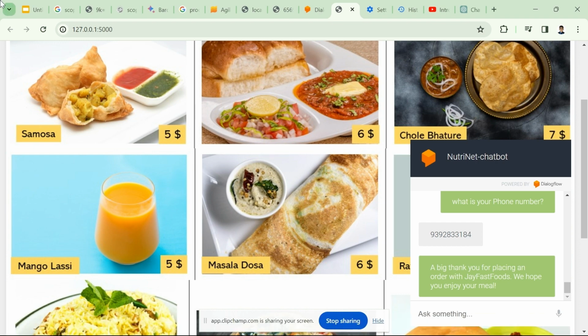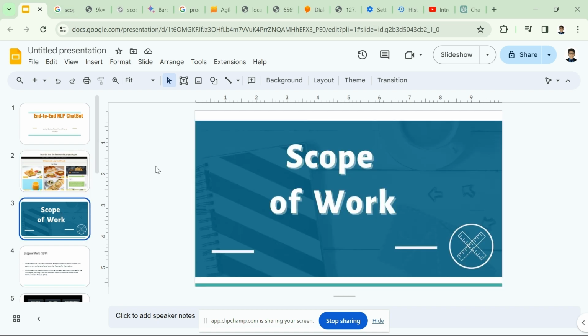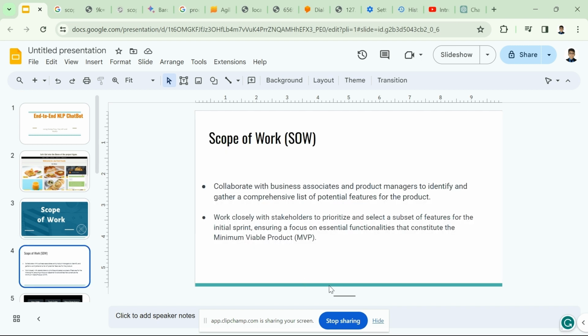Now let's go to the next part of the video, the scope of work, what we have to build actually. That is the pain we have. One should have the pain clearly defined before starting anything. Let's not confuse, guys. Let's define the scope of work. What is scope of work actually? Scope of work means,